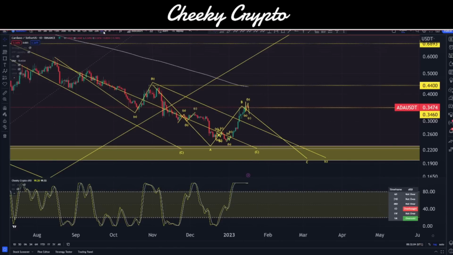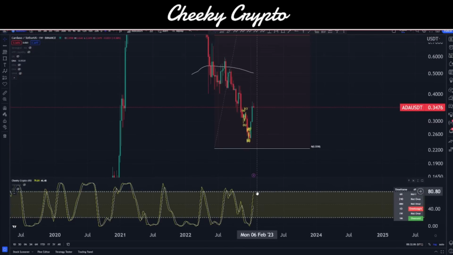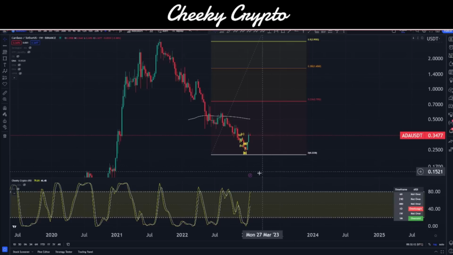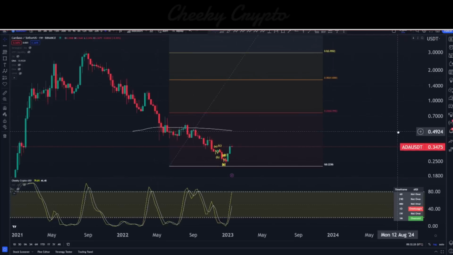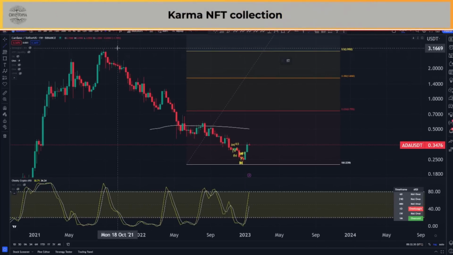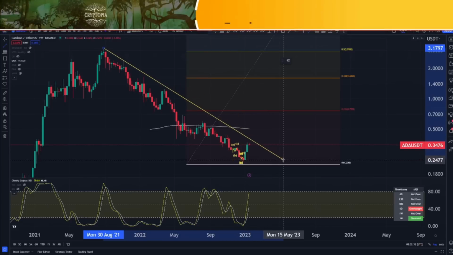It's interesting. But the biggest interesting thing really comes from our weekly chart. Our weekly chart is now almost back up in that overbought area. This is not a good sign. Okay, so last time we were up in this overbought area, we were up here at about 52 cent. The time before that, we were up here at 58 cent. The time before that, way up here at $1.26. So just bear in mind that what we're doing here is setting ourselves up to fail, because we're setting ourselves up with these lower highs.